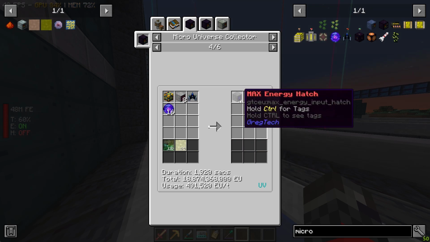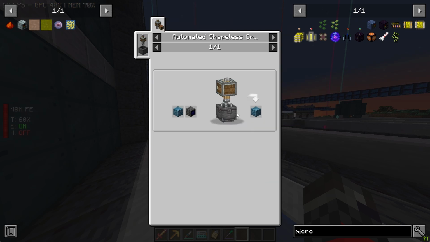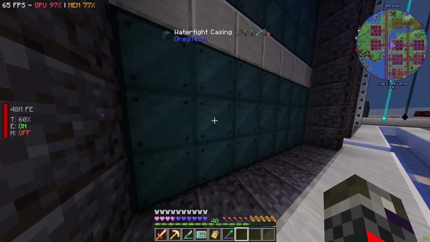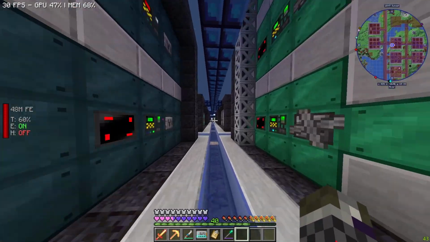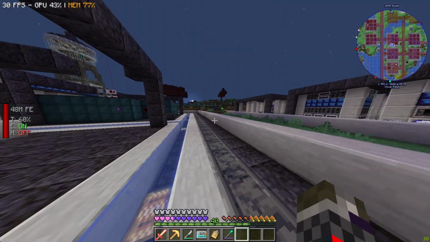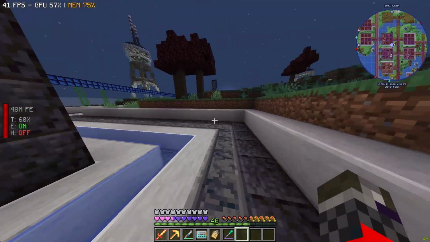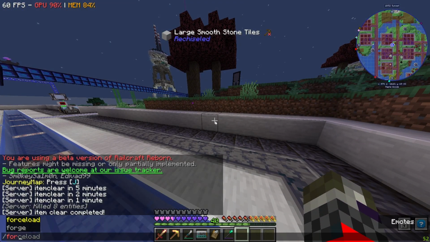I guess you get creative energy from it, and you get the max energy hatch, but we don't need any of this stuff. That's extra stuff for people who really want to go the whole distance. Mostly because I kind of want to try a new pack soon. As much as I've been enjoying my time here in ATM 9, I am getting a little bit sick of